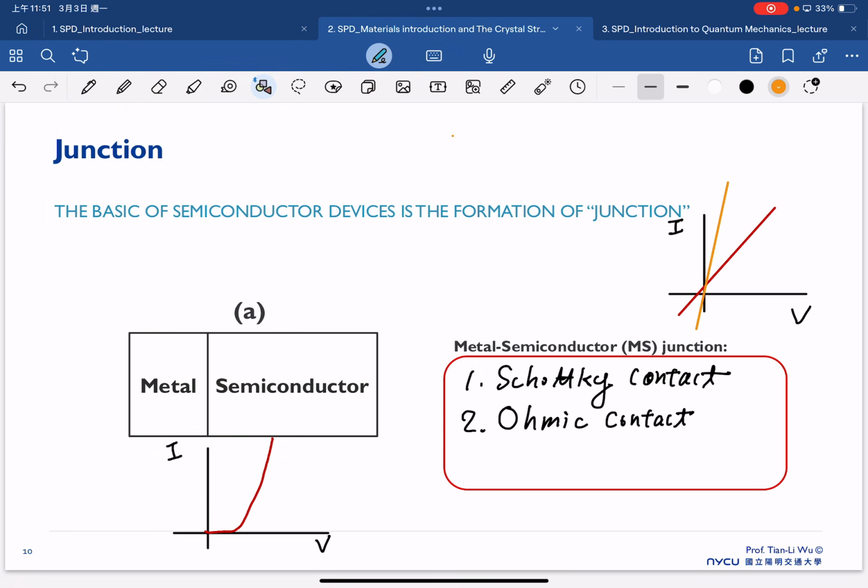And the difference between the yellow and blue is that the yellow one indicates the lower resistance here. So this is a typical characteristic for the ohmic contact. And this is for the Schottky contact. For sure, later there's a dedicated chapter that talks about the metal semiconductor. We will also illustrate why we have the characteristic like in the Schottky or like in the ohmic here. And also the last one is